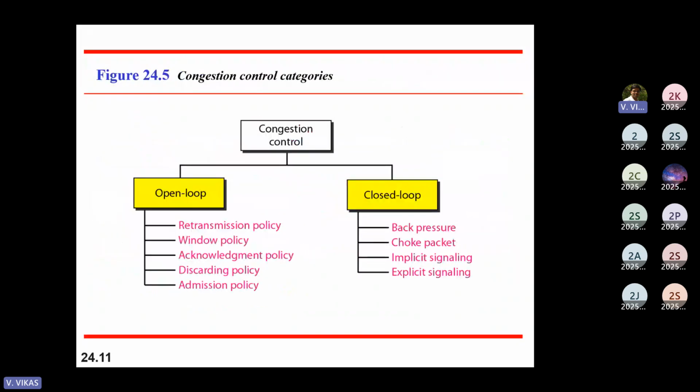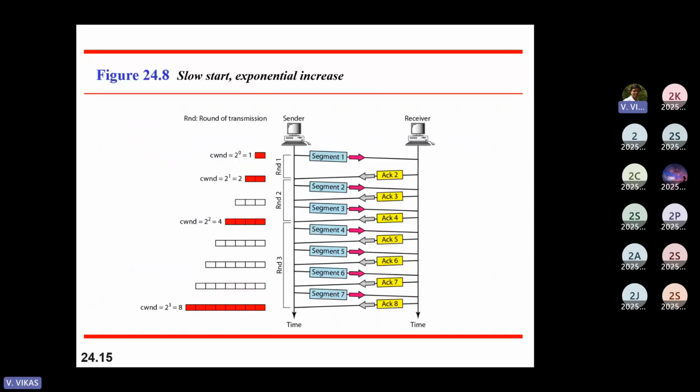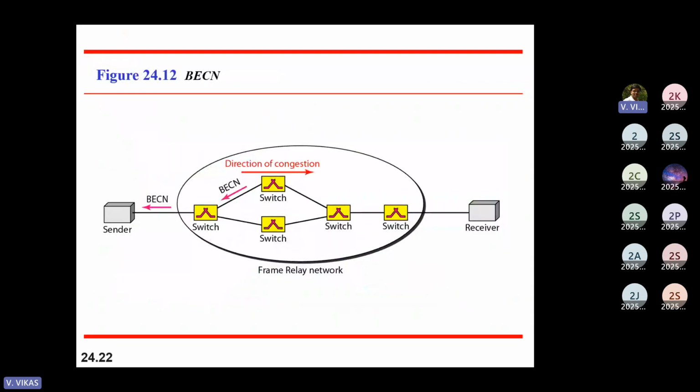We talked about implicit and explicit signaling here, right? When we say closed loop, back pressure we did, choke packet we did. Implicit signaling means that by reducing the number of acknowledgements, the source will come to know what is the issue with respect to the destination. But explicit signaling means I have to send a specific message or signaling message either to the sender or receiver. For example,